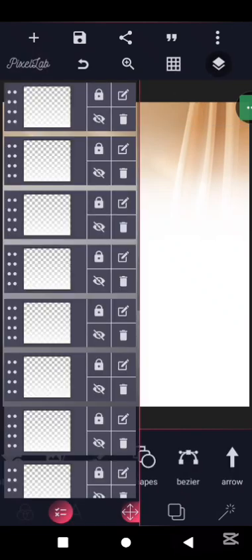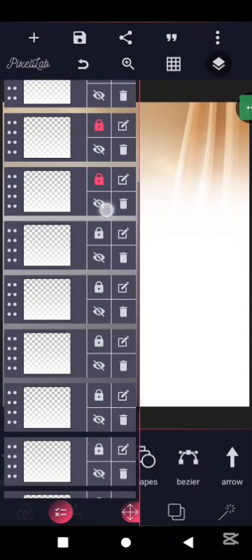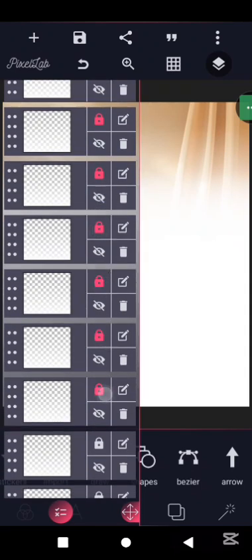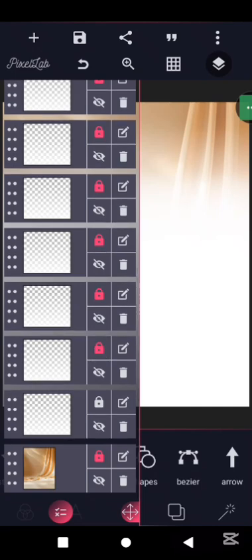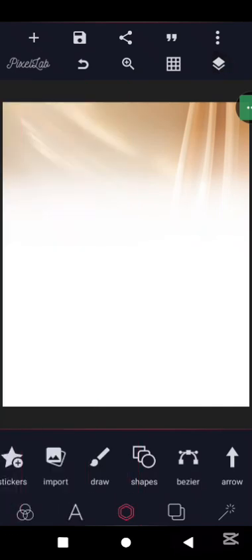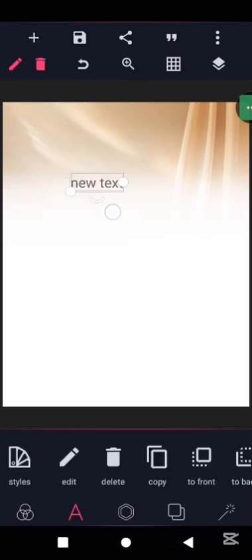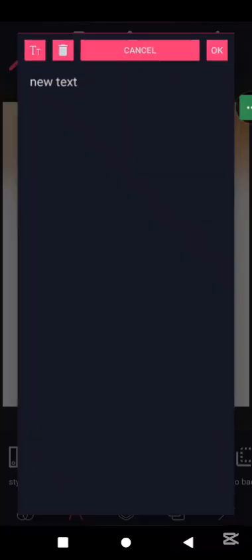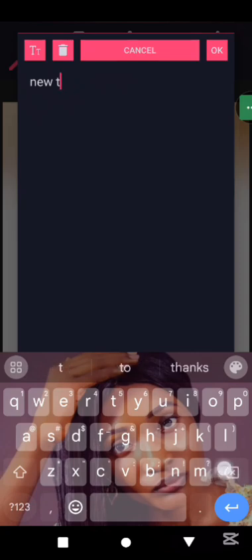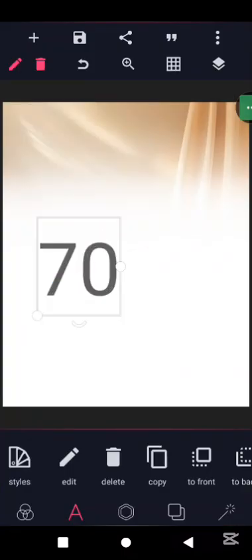So click on the layers and we will lock every gradient that we have copied. Alright, so lock everything with the padlock icon here. So lock them up. Alright, so next we want to bring in a text, and on this text we are writing 70. Okay, increase the size